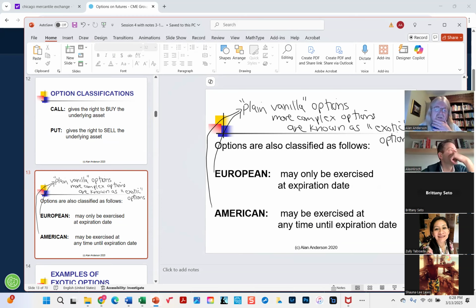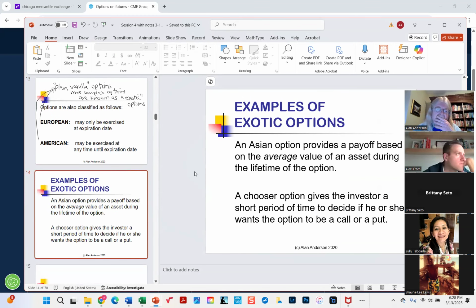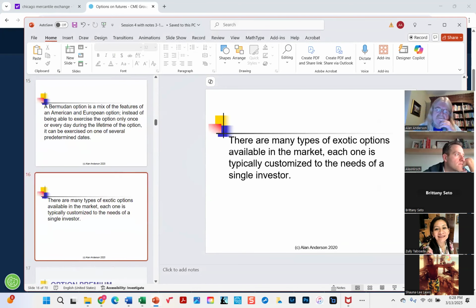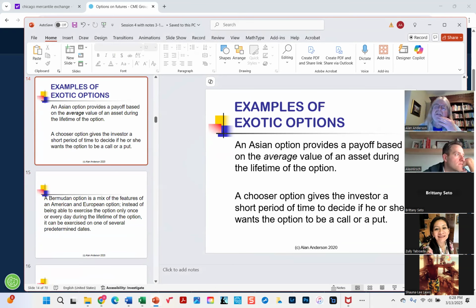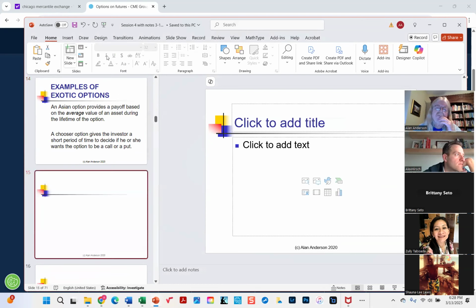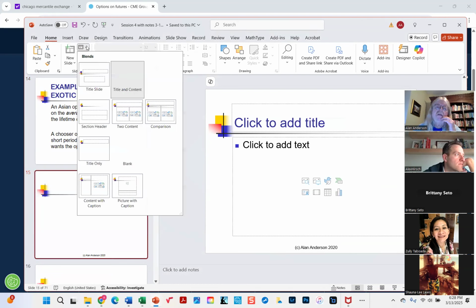These other ones are collectively known as exotic options. Now, what makes exotic options unusual is that I only have a few examples here. You could spend a whole class just going over exotic options because there are so many of them. But what makes them different, usually, not always, is that let's say